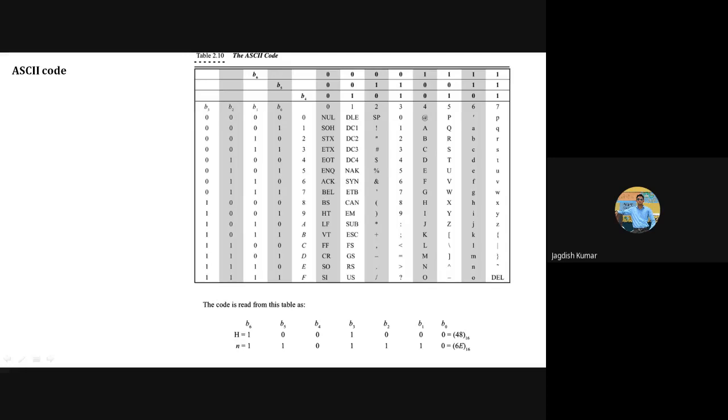Very good. Let us try one more example given here. Suppose you write down small n. Interesting thing is, whenever you press capital H on your keyboard, the information created is in digital form, that is 1001000.